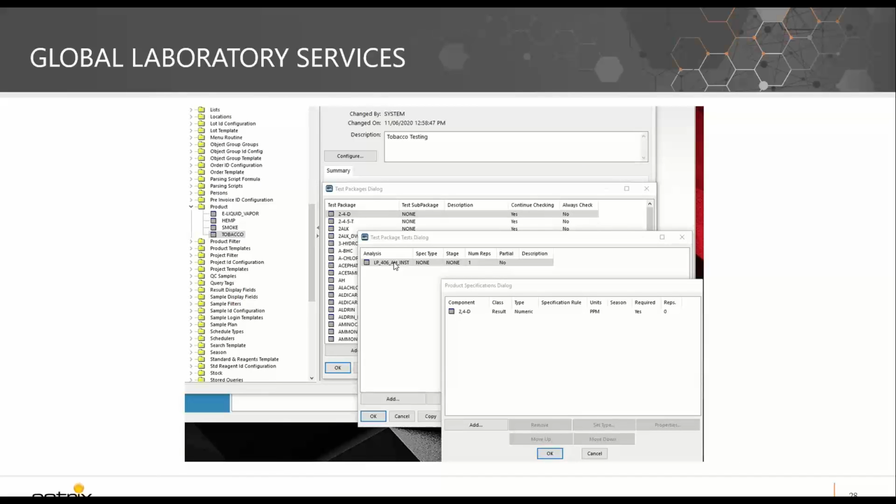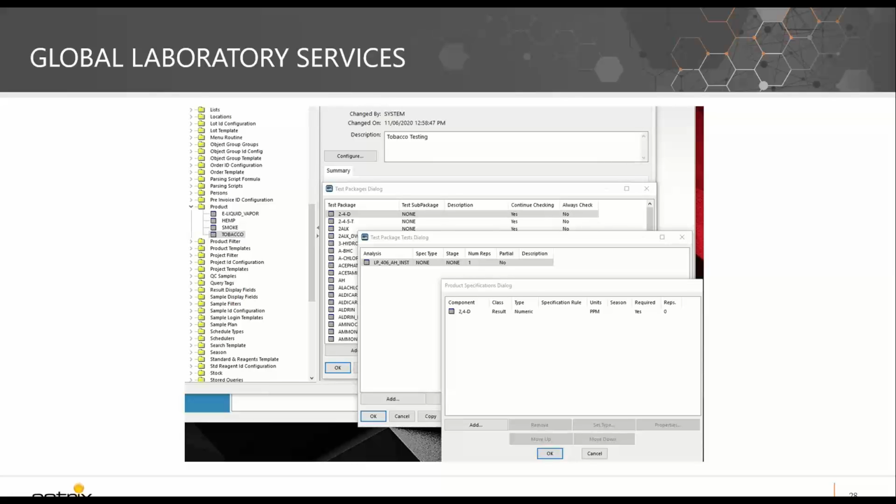And so here, what you're seeing is their products right now. Their products in their system are really just generic product types. It's the type of product that they're testing, not a specific product, but just a class of products. And as you can see, we've done some renaming, which is very common. Under our product here, we have our test packages. Just like in their old system where they had a test list they called their test package, we renamed the sampling point table to be test packages